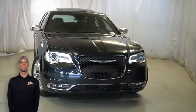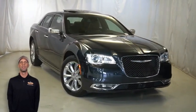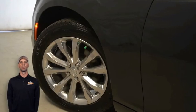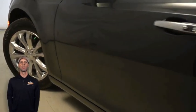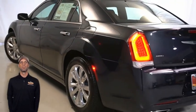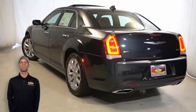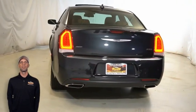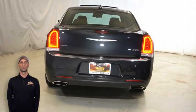With adaptive bi-xenon HID headlamps, automatic headlamp leveling system, 19-inch aluminum wheels, exterior mirrors with turn signals, adaptive cruise control with stop, blind spot and cross path detection, heated and ventilated seats, wood and leather wrapped steering wheel, 23,000 miles